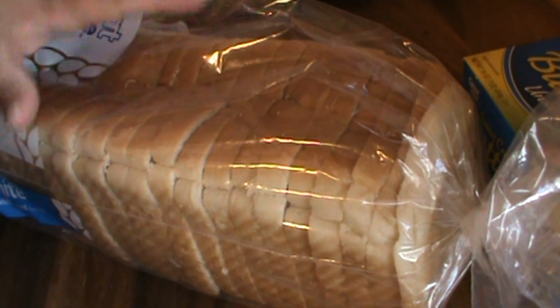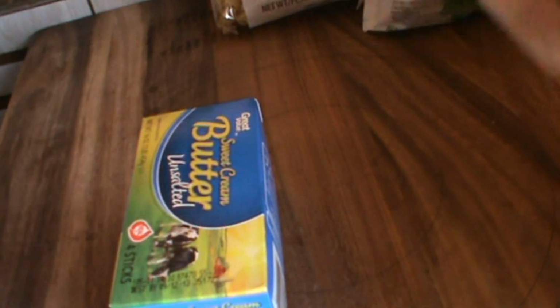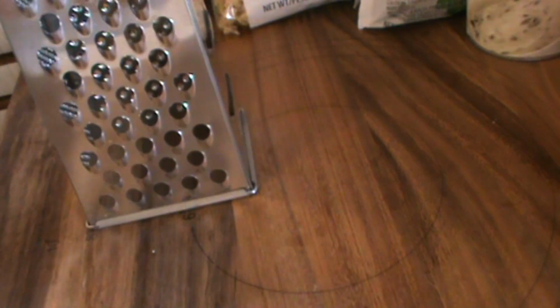Now what you're going to do with the bread and the butter is you're going to make a breadcrumb topping for this, and actually that's going to be something you're going to want to do first because you want it to be ready to go when you want to top your casserole here. I already have a pot of water getting ready to boil. While the water is working to boil, what I'm going to do is I'm going to grab my grater,